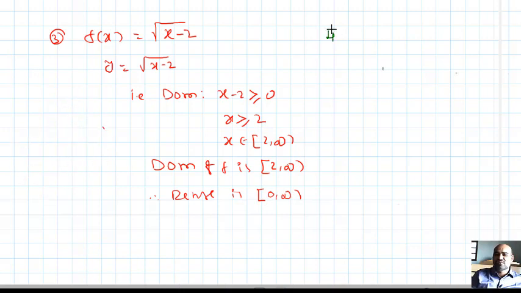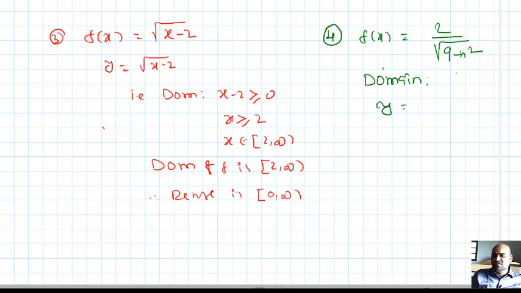Question, fourth example, an interesting one. f of x equals 2 by root over 9 minus x square is given. Now, I want to find the domain only. I don't want the range, only the domain. Domain I want. Interesting. Do one thing, students.